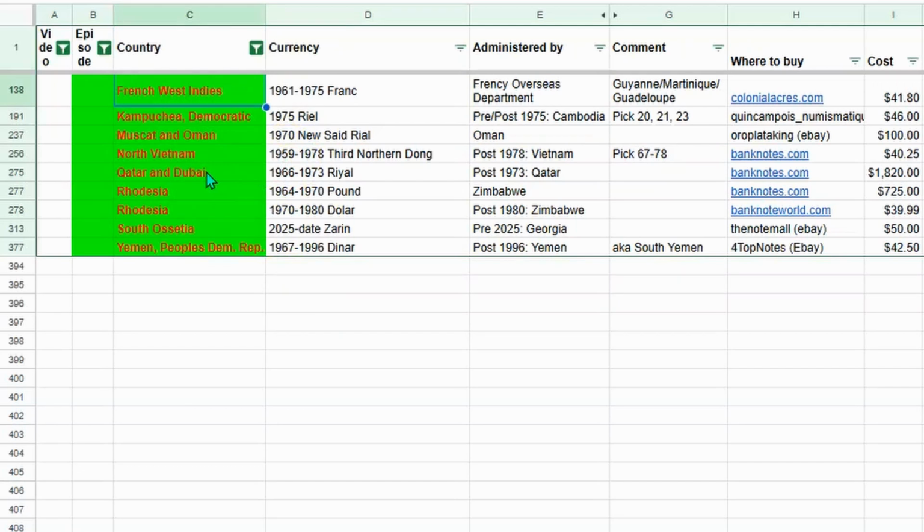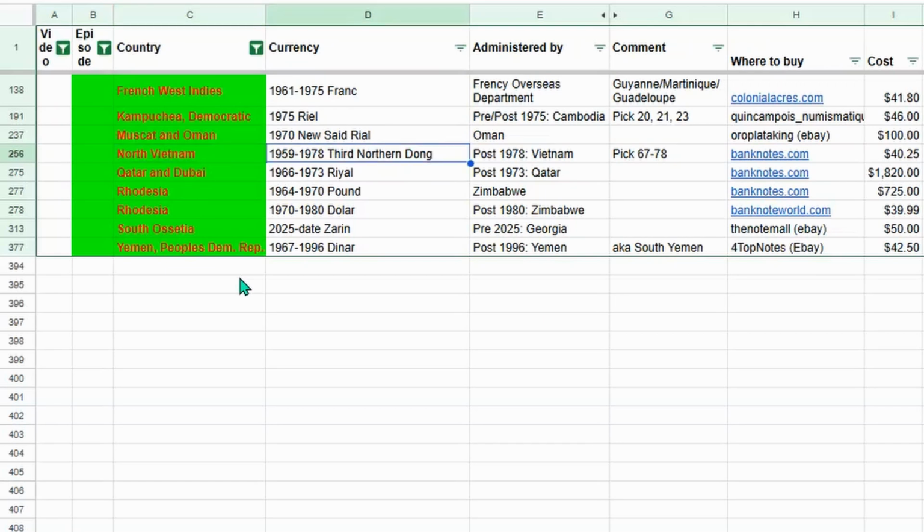So we have the French West Indies, which was a currency that French Guyana, Martinique, and Guadeloupe used from 1961 to 1975. Kampuchea, which was, in 1975, a temporary communist government formed there. Muscat and Oman. Muscat and Oman were renamed to Oman, and for 1 year they did produce the new Saïd Rial. North Vietnam. North Vietnam, this is the communist Vietnam, and I am looking for the banknotes